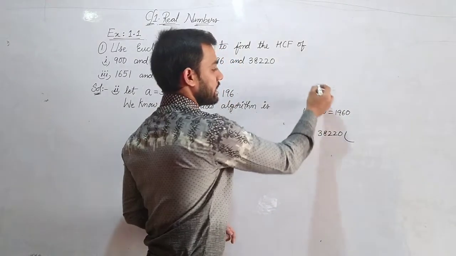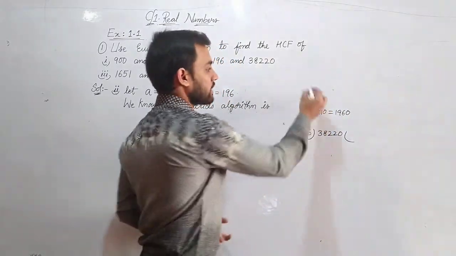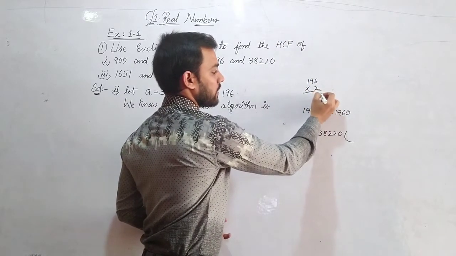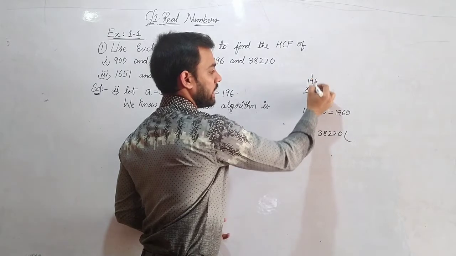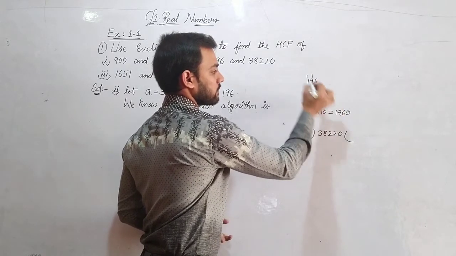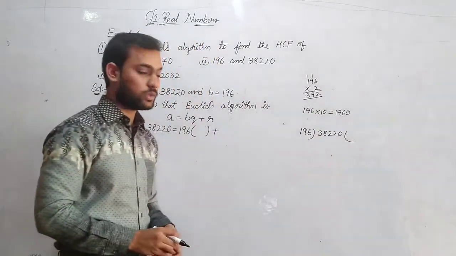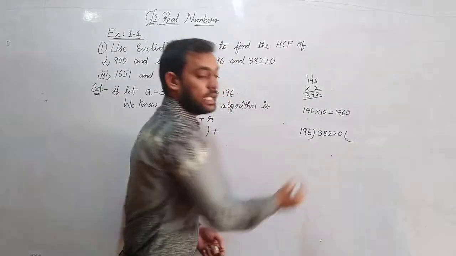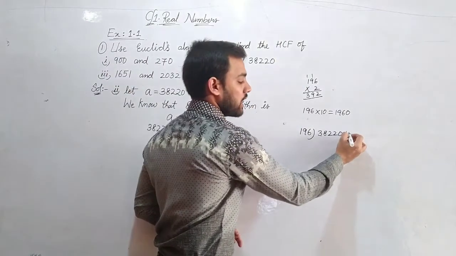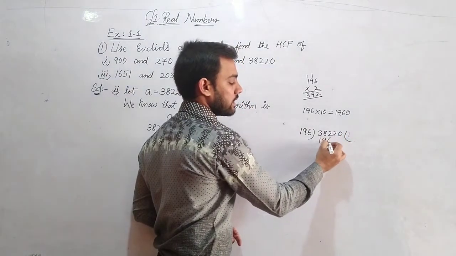So when you see the 196 table, 196 ones are 196 and 196 twos are, 2 times 6 is 12, 2 nines are 18 plus 1 is 19, 2 ones are 2 plus 1 is 3. So you got here 392, but when you see here you have 382. So you cannot take that also. 196 twos are, you need to take only 196 ones are 196.